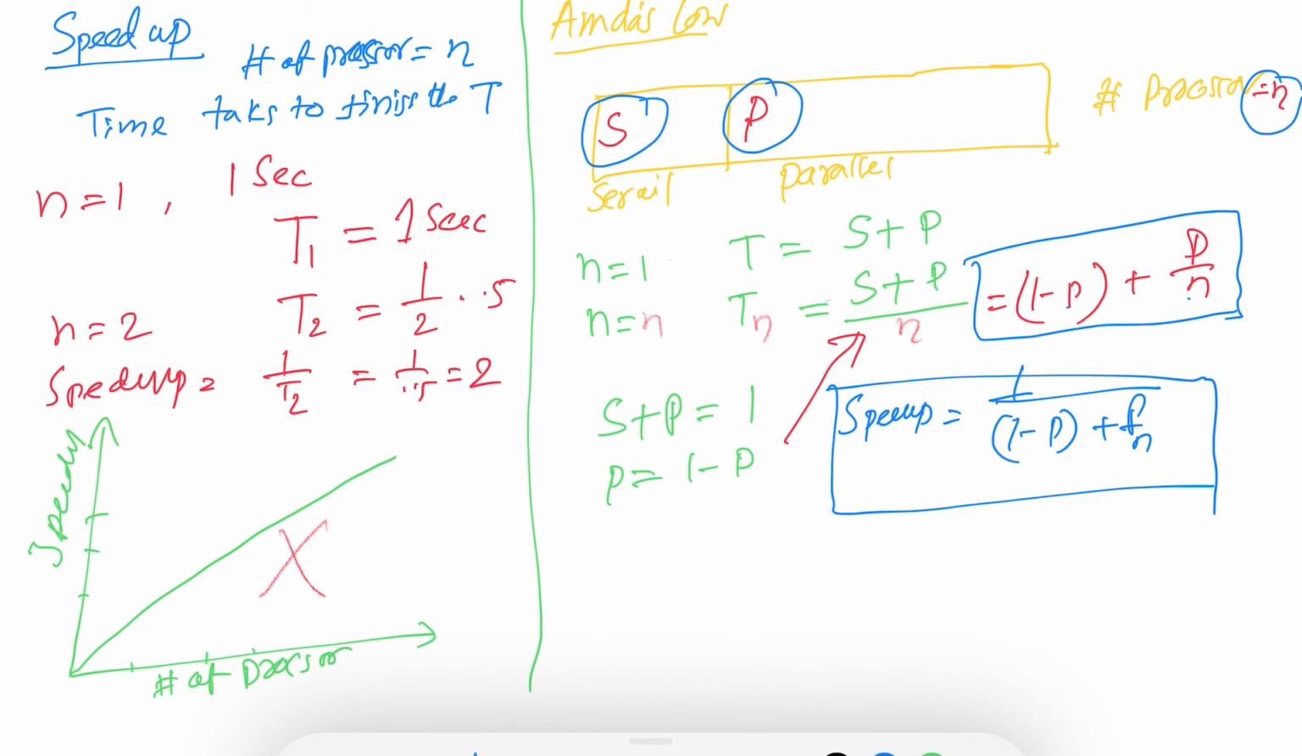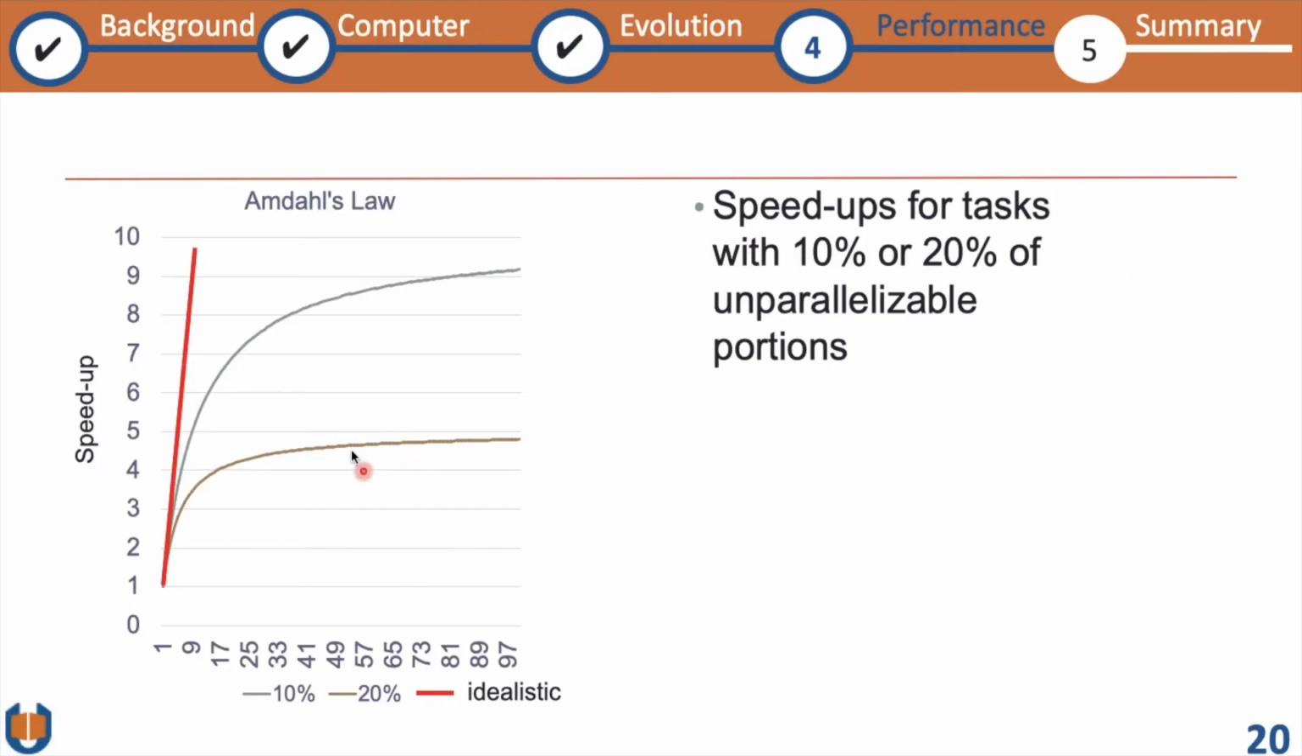So now let's move to the slide again to show an ideal graph. This is the graph of Amdahl's law. On the y-axis we have the speed up, and the bottom line is considering 20% serial tasks, and the upper line is indicating 10% serial tasks, and the red line is the idealistic one. So from this graph we can show that,